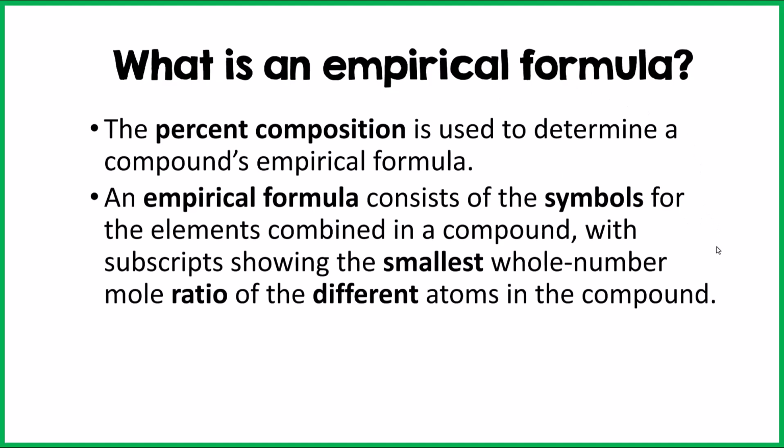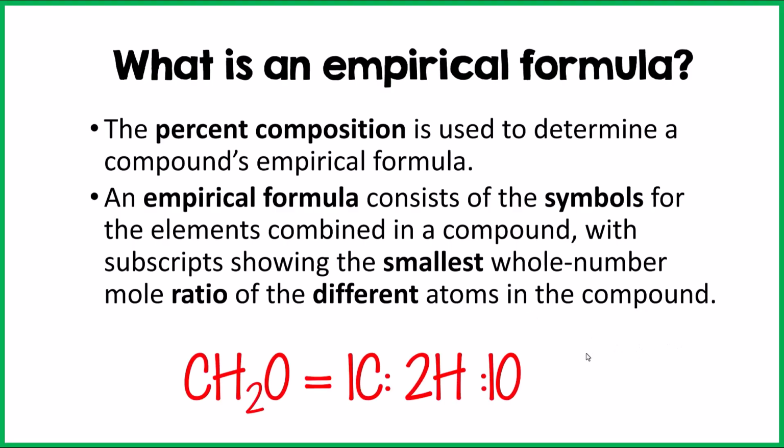An empirical formula consists of the symbols for the elements combined in a compound, with subscripts showing the smallest whole number mole ratio of the different atoms in the compound. So this is just like a typical chemical formula, but instead of the real numbers for the number of atoms in the compound, it is showing you a ratio, the smallest whole number ratio of the different atoms in the compound. For example,